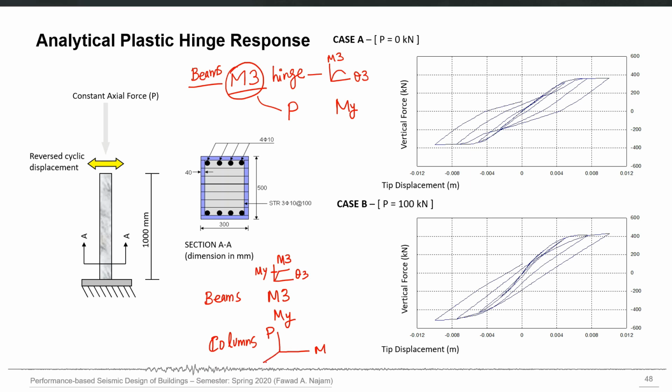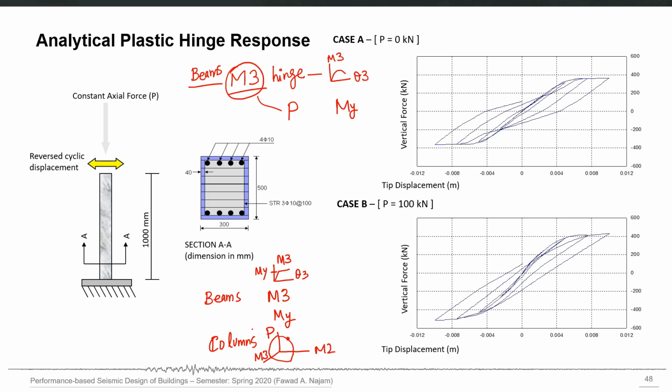Let me draw the most complex case where we have, for example, M2 and M3, the moments in both local axes 2 and 3, and there is a surface which is giving us the failure combinations of these 3 numbers. Each combination or each point on that surface is the capacity of that column, a failure combination which will fail that column.